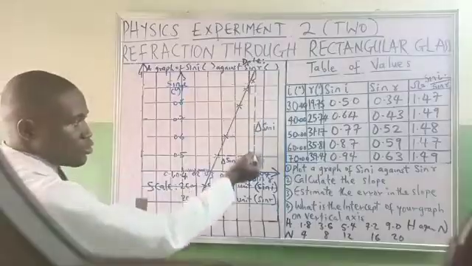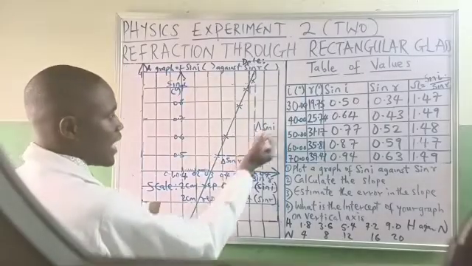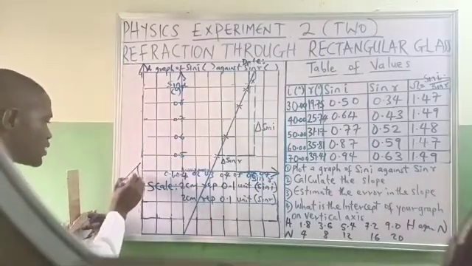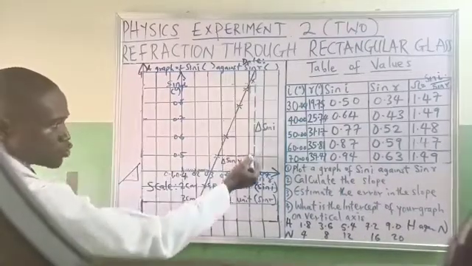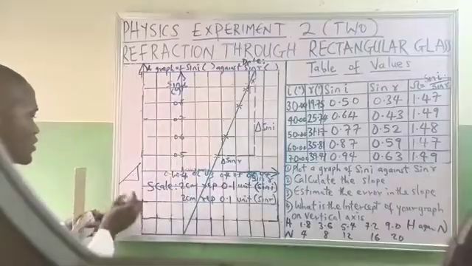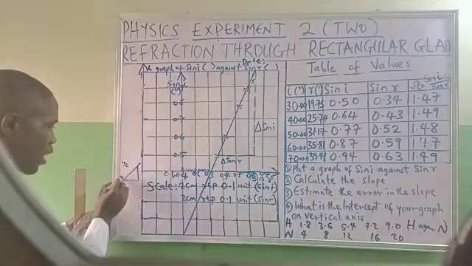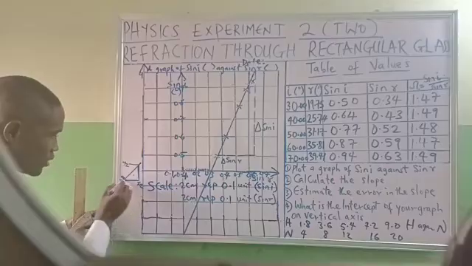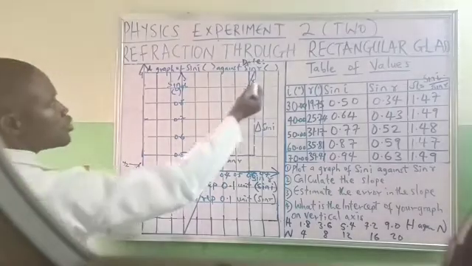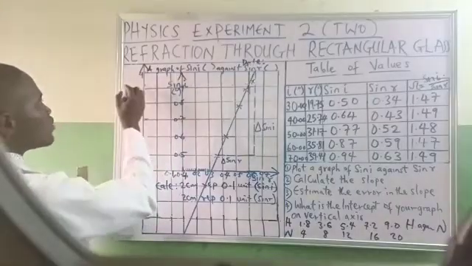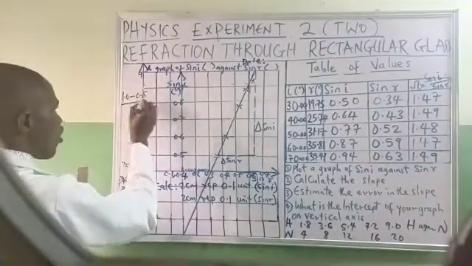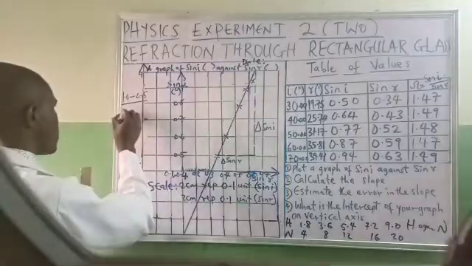You take your triangle on the line of best fit. You have change in sin I, change in sin R. This is for vertical, this for horizontal. That means you are taking this triangle up to 2/3 of the graph. This will be your y2, the lower one y1. Then where the vertical and horizontal meet, you have x2, then here x1. So what we do, the highest here is 1.0 minus here 0.5, all over here is about 0.65, and where this meets is about